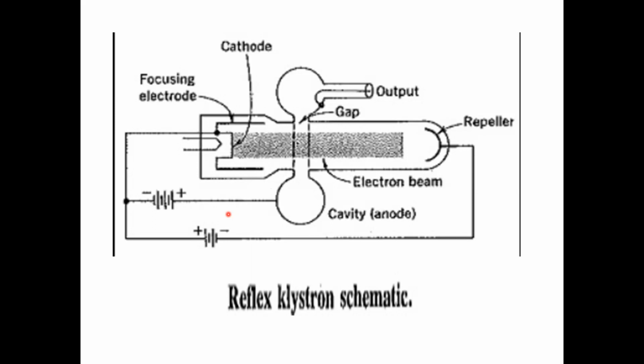So this moves towards the repeller and gets reflected by the negative voltage on the repeller. So in our schematic, we have a repeller now. This repeller has the highest negative voltage. Therefore, what happened? All these electrons come back by repulsion, and these electrons are trying to reach the gap cavity